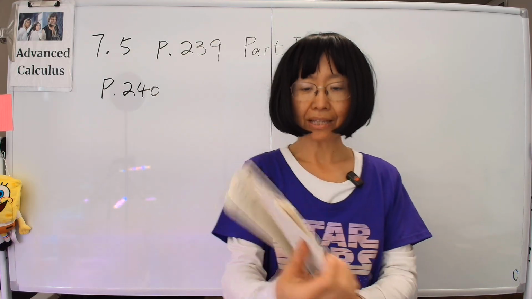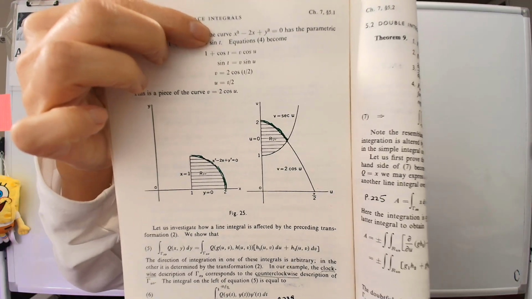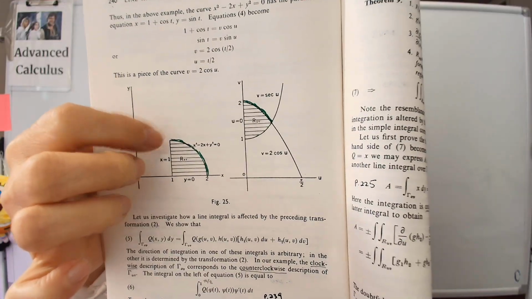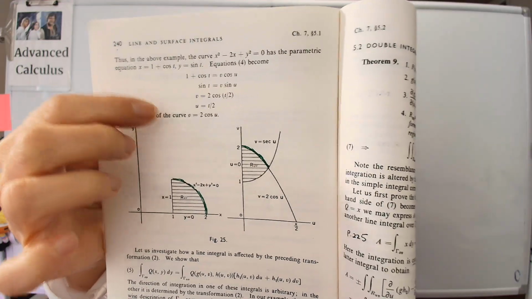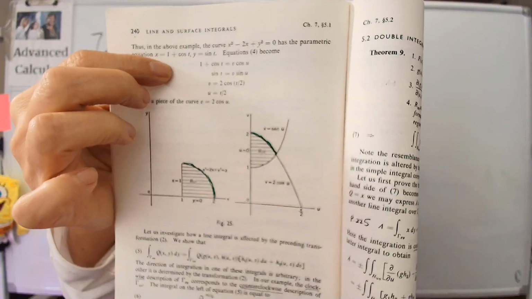where we look at the curve that's called x equal to x squared minus 2y plus y squared equal to 0. That is the green thing that I have marked here. Okay, and that curve has a parametric equation. If you work it out, it equals that, and then